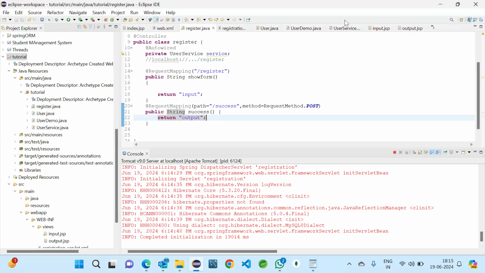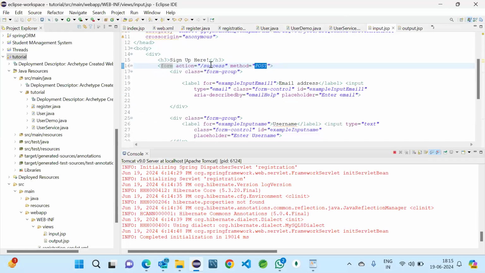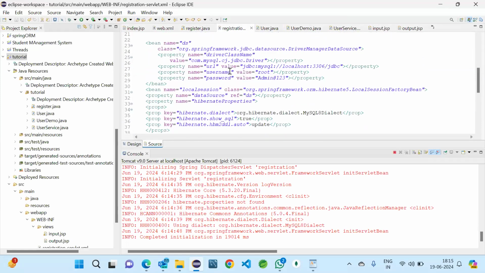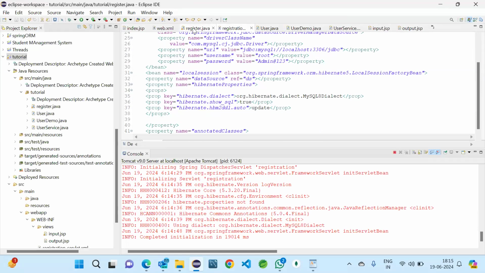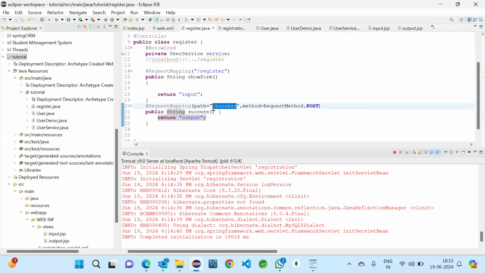Here only success, and in input is there any spelling mistake? There are so many red lines.